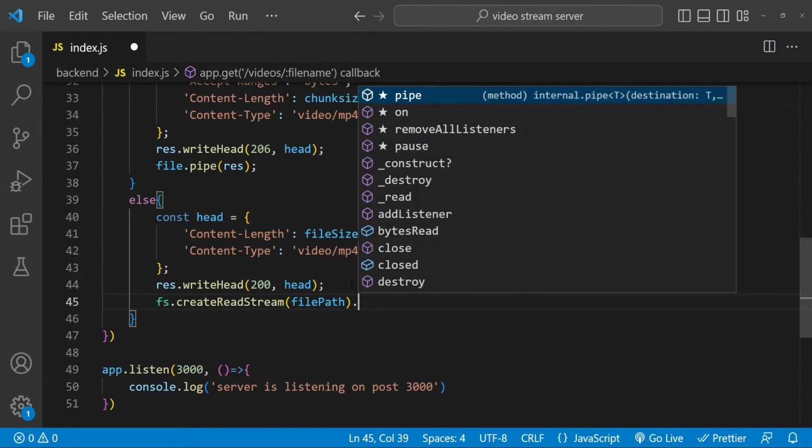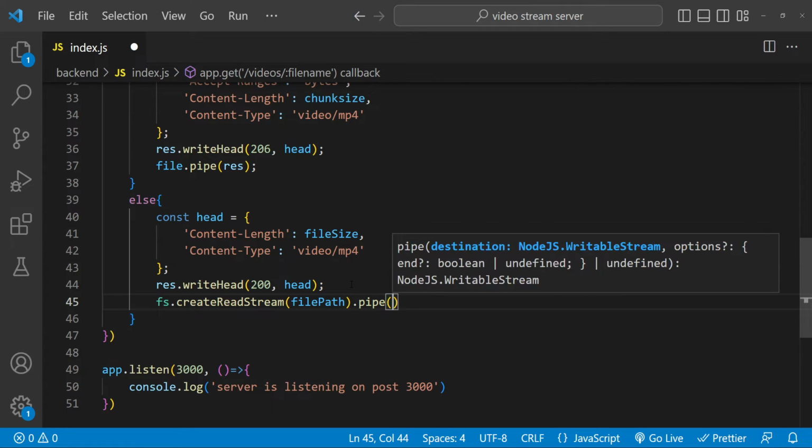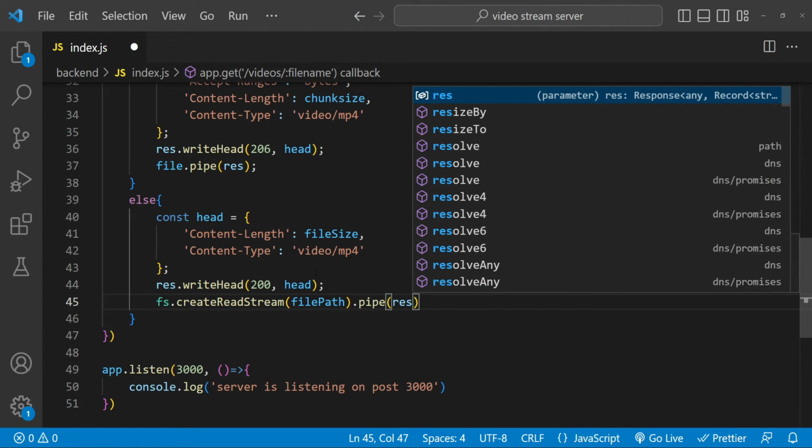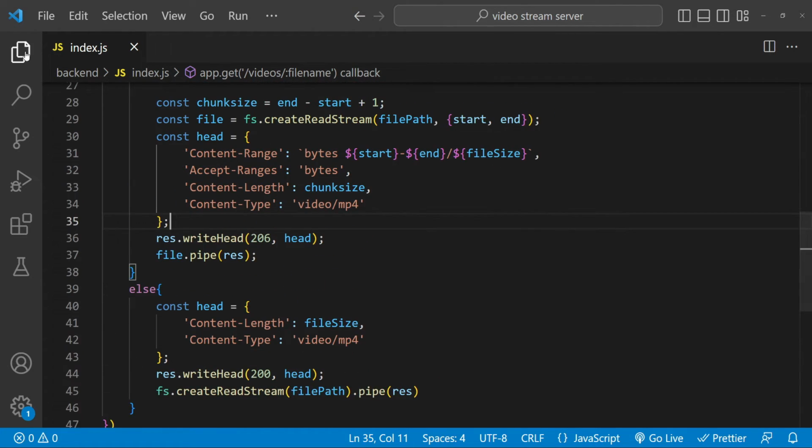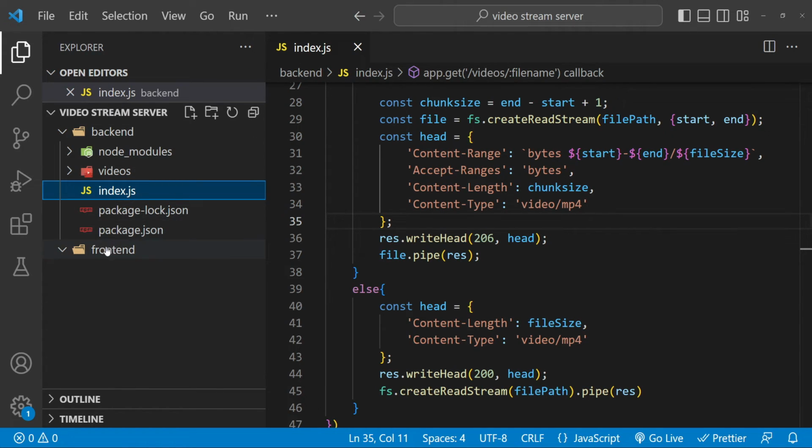Actually this is going to be outside, so pipe and then response. And that is everything that we need to do for our Node.js video streaming server. Now it's time to create the React front end, and for that I am going to open the terminal by